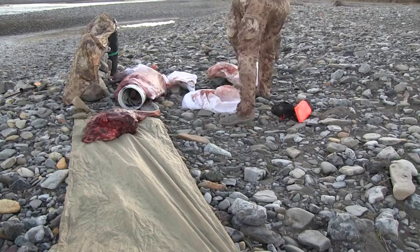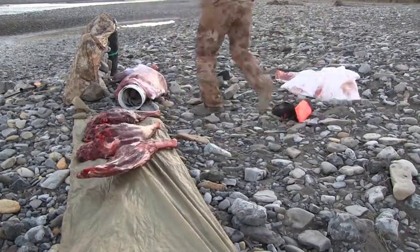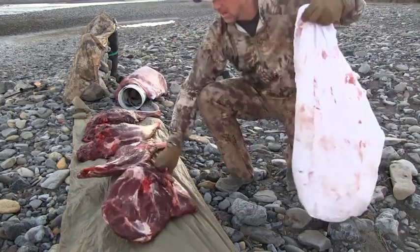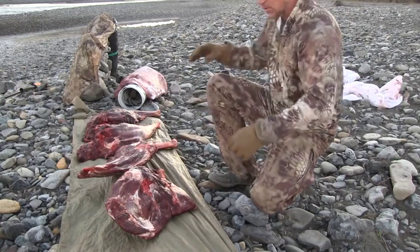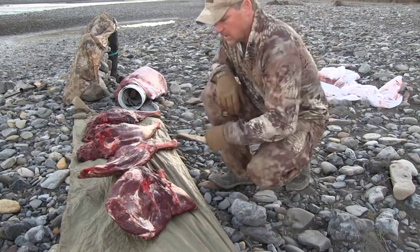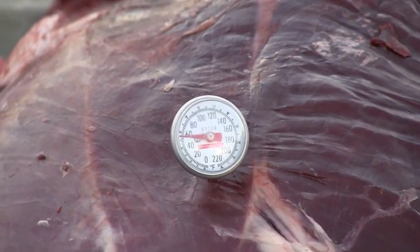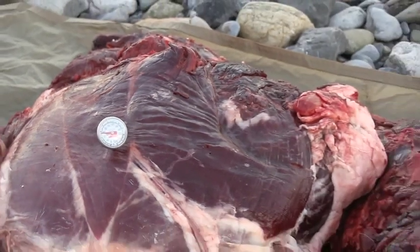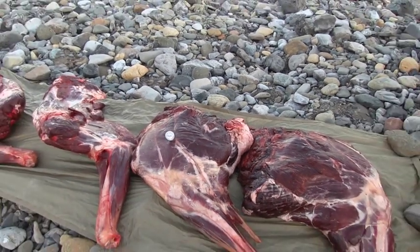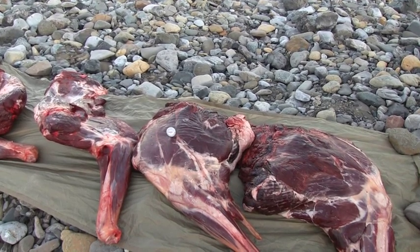Sensory checks are performed at least twice a day to verify the edible status of all meat surfaces, including deep tissue core temperatures to help monitor bone sour threats. Hear that? That's what your game bags are supposed to do. Dry around your meat. Get this cleaned up. Get a deep tissue core temperature and let's see how we're doing. 54 degrees. That's good for 24 hours, 23 hours post-harvest, and 20 hours off the